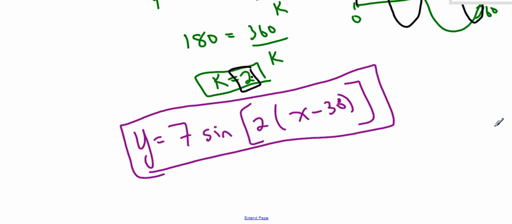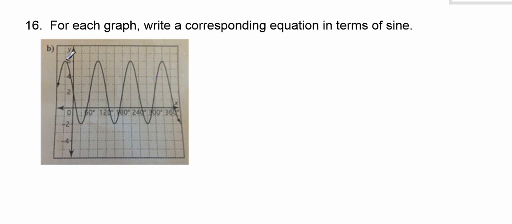So now let's do the same thing with 16b. Again, it's supposed to be a sine curve. First of all, the maximum's at 5. Is that 5? No, 6. And the minimum's at -2. So we go from 6